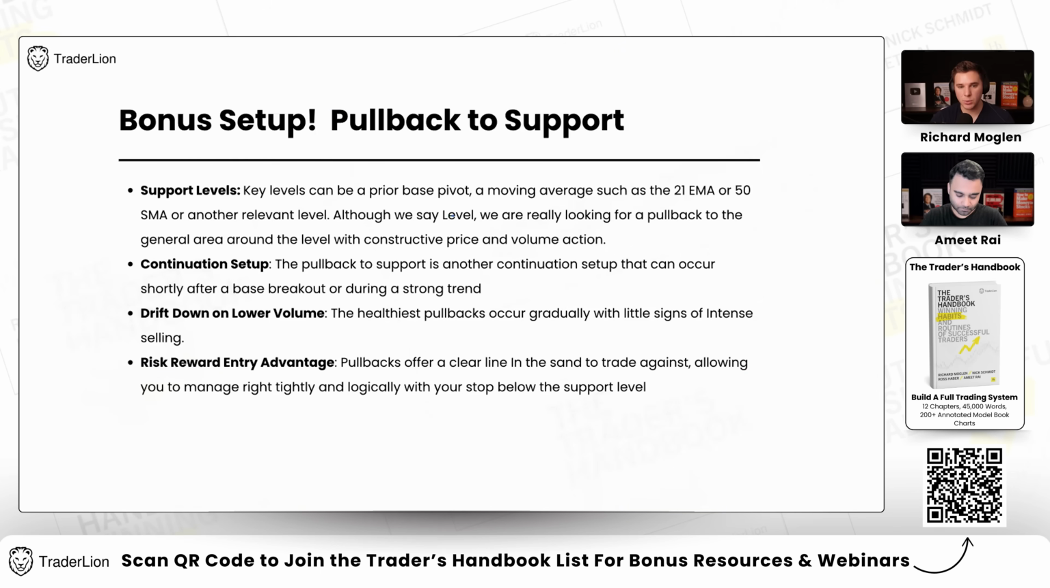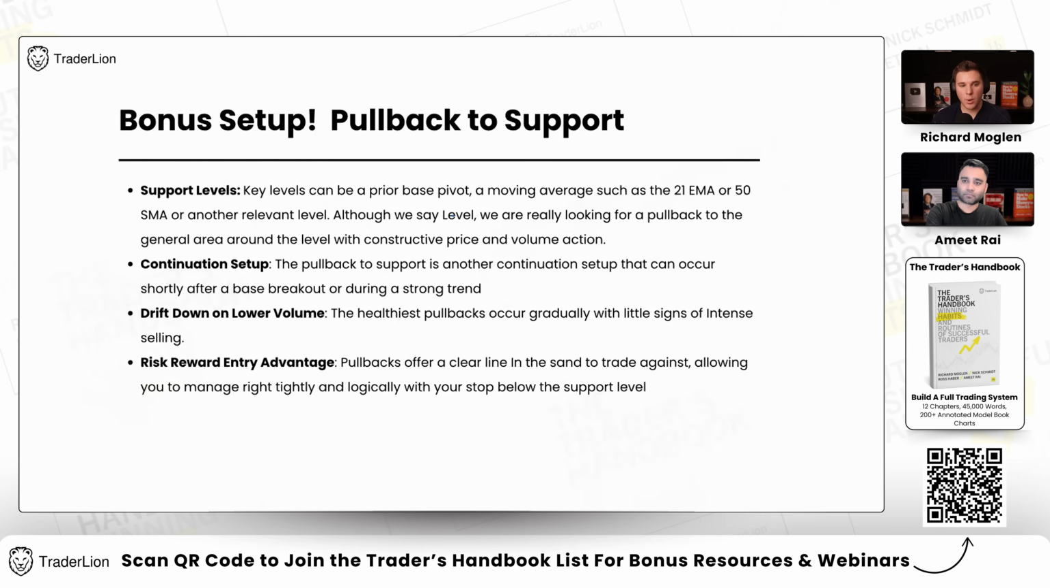Again, this is more of a continuation setup after you've built up an initial position. The pullback to support is a great way to add. And if you establish your core position at 15%, you could add 5% when it next pulls back to the 21 EMA. And what we're looking for is a constructive pullback, not a sharp break lower in 1 or 2 days, going from all-time highs down to the 50 SMA. We're looking for a drift down on lower volume because the healthiest pullbacks occur gradually,